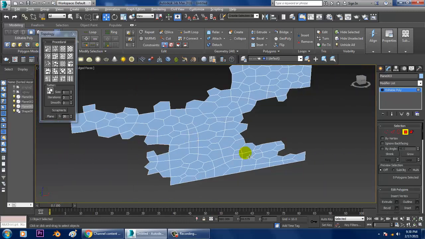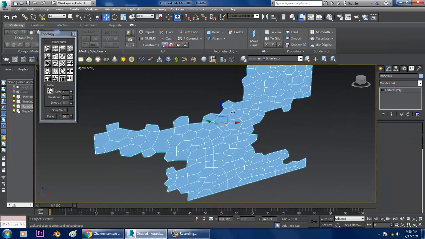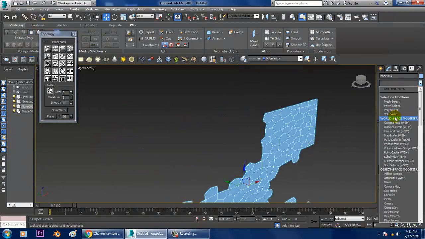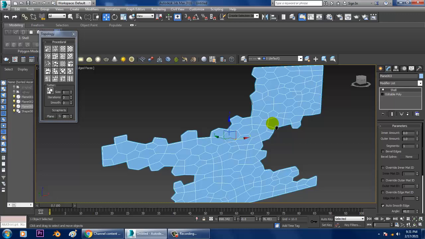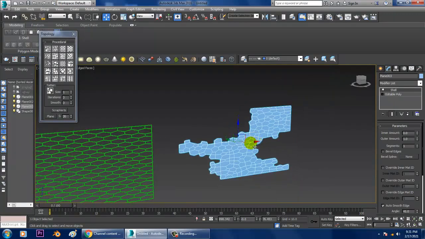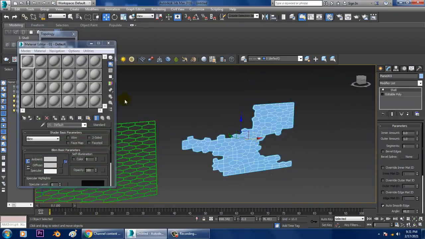You can use it in this way, and you can give a bit of shell modifier to it. You can make it a bit thicker over here, and you can easily give a glass material.